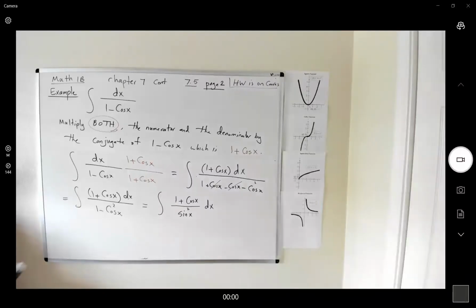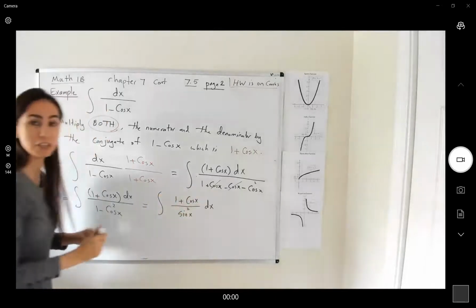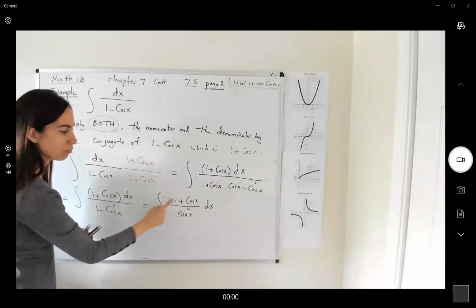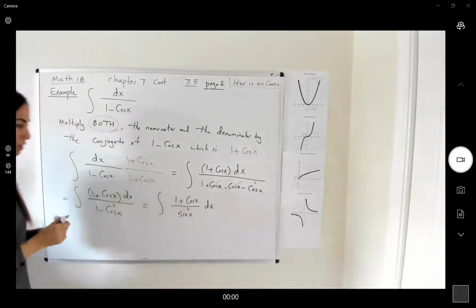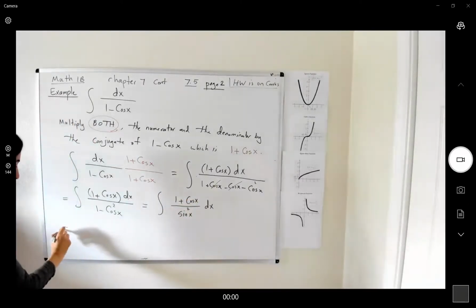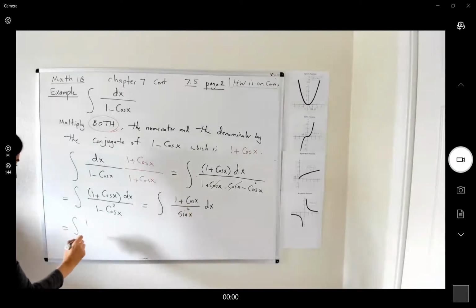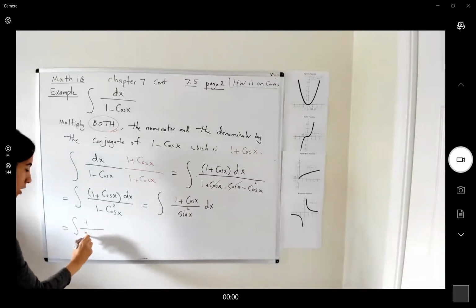Okay. Now we can handle this integral. Why is that? This is 1 over sine squared plus cosine x over sine squared. So you can rewrite this integral as the integral of 1 over sine squared